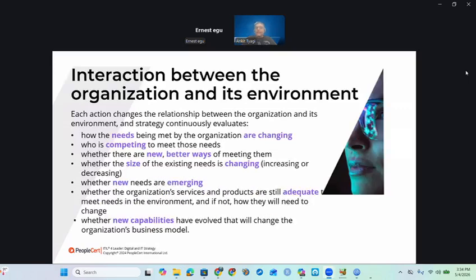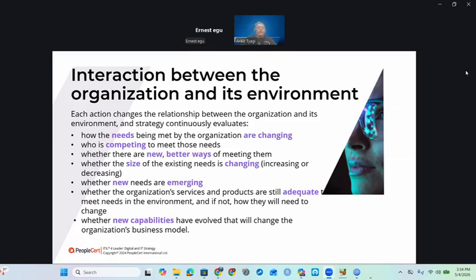And then, of course, there is an interaction between the organization and its environment. You say each action changes the relationship between the organization and its environment. And strategy continuously evaluates how the needs being met by the organization are changing, who is competing to meet those needs,